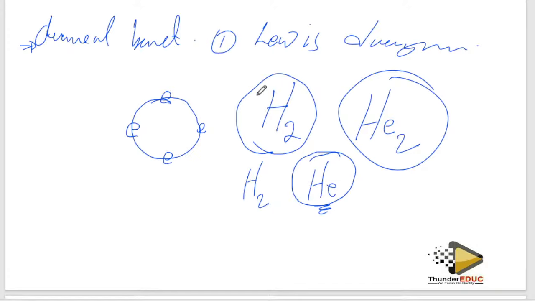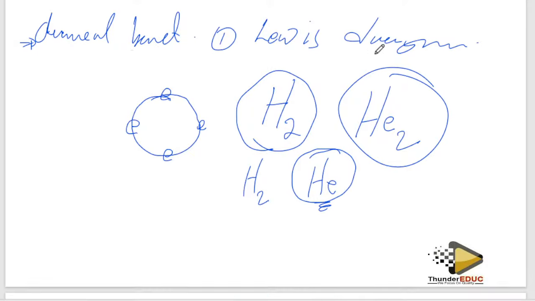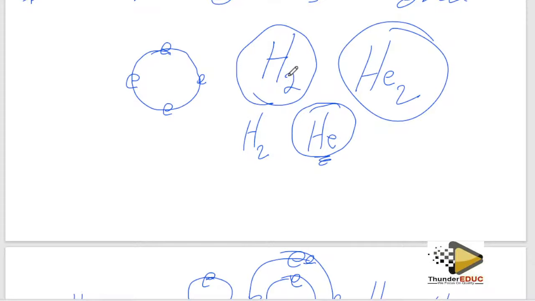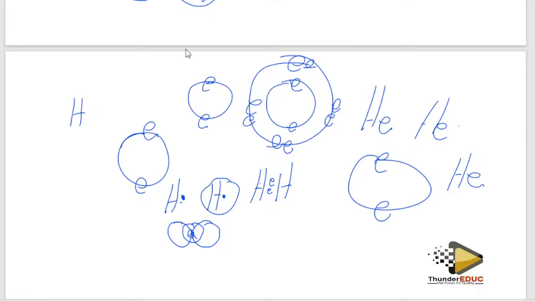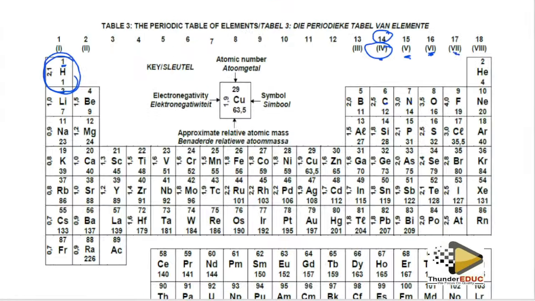So basically, this is what I was trying to explain, that you have to know what a chemical bond and a Lewis diagram are, and then I explained a question that says, why does helium form this, while hydrogen forms this? It has 2 atoms, while helium has 1 atom. I explained it, and then I said that helium is in group, check, if you come here, you'll see that helium is in group 2. Sorry, it is in group 8.